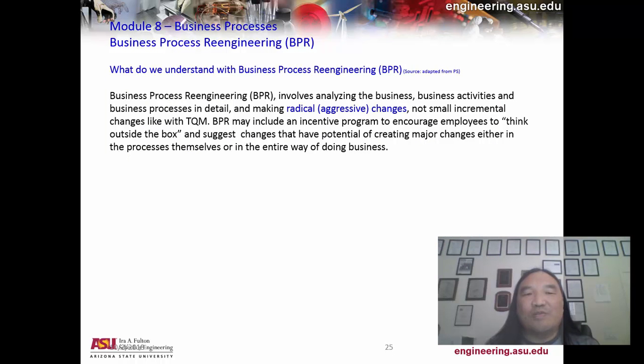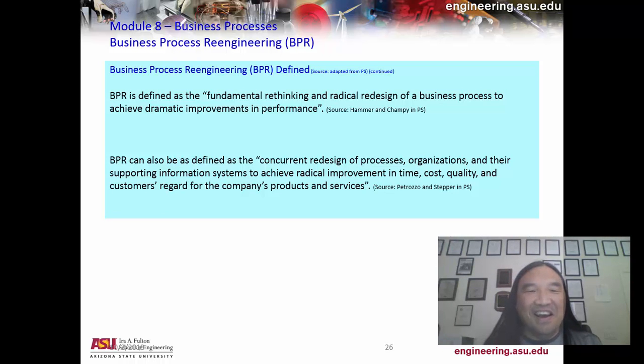Now, business process reengineering is when you make a radical shift. And that's that you rethink what it is your business is to do. Why? Because if I need to get here and I'm doing this, I'm never going to make it. And so